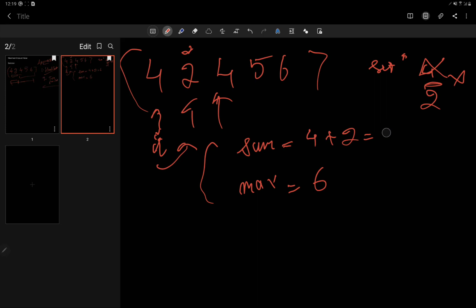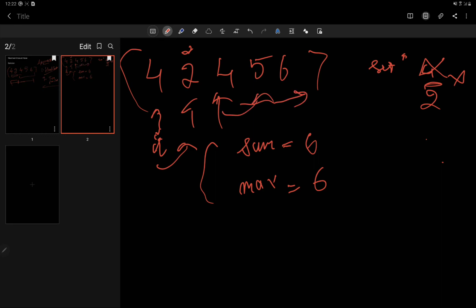Since deleting would cost us, 6 minus 4 would give us 2. Sorry for the noise. Moving on. Then 6 minus 4, that is 2. But since again we are at the number, we have to add that number as well now. So sum would be this minus this plus this. So sum would again be 6. Let me erase this, and so now maximum would be 6. Now 4 would be removed, and we will move with our algorithm.